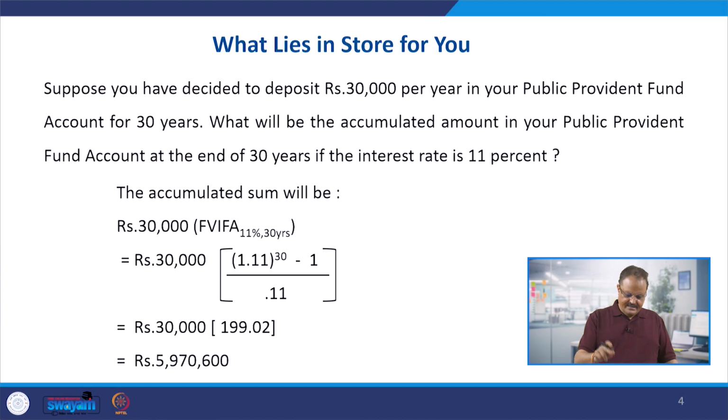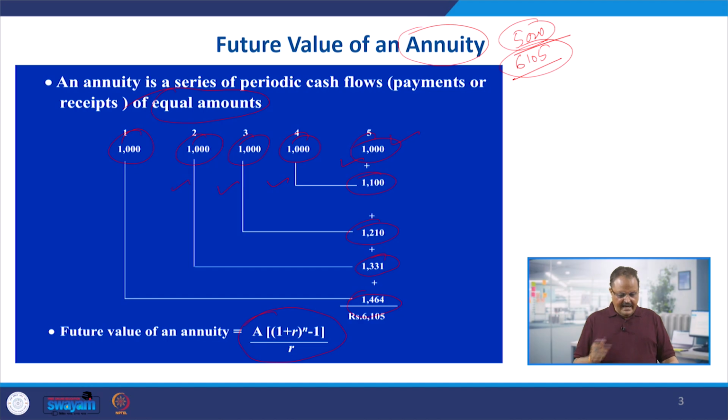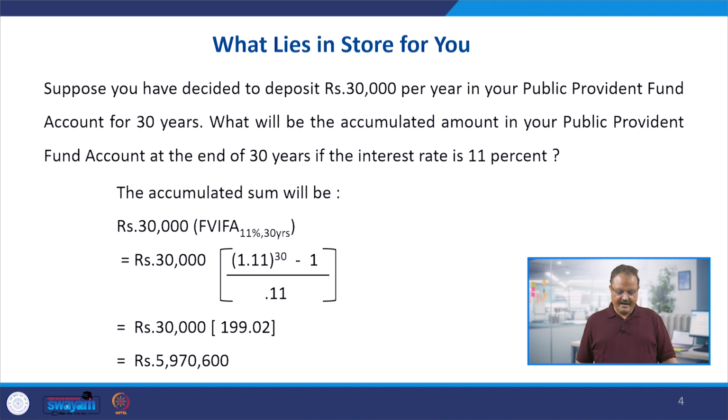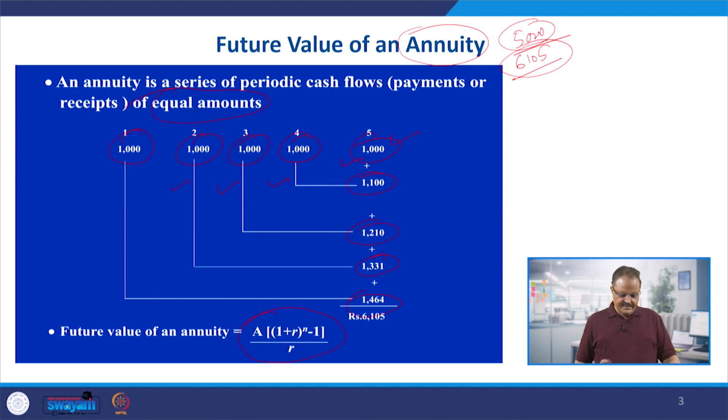So to understand this technique very clearly, we have this concept, and by using this concept as well as the present value concept, both the present value and future value concepts, we can have a number of applications of the time value of money, and these applications are going to help us in a big way. So, for example, this is the application of the future value of an annuity which we saw here. Here we have deposited 1000 rupees at the end of each year, which has become 6105 after 5 years,